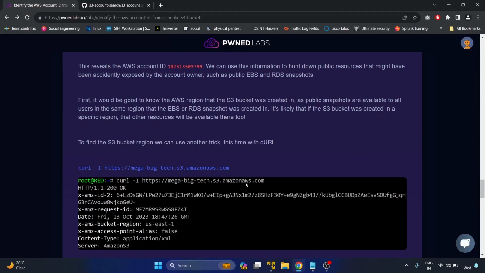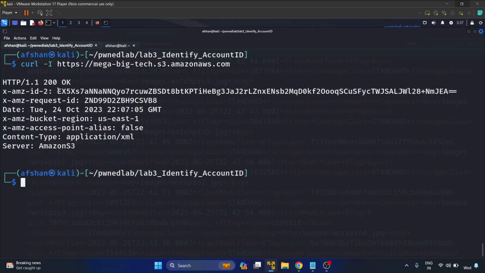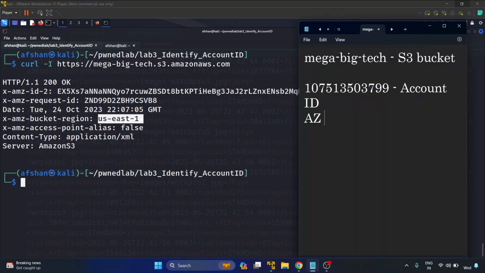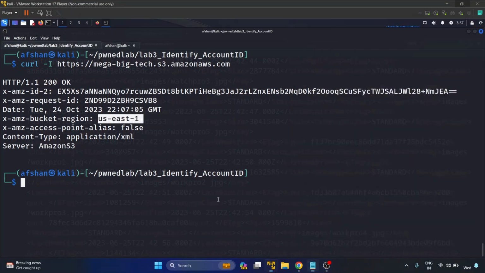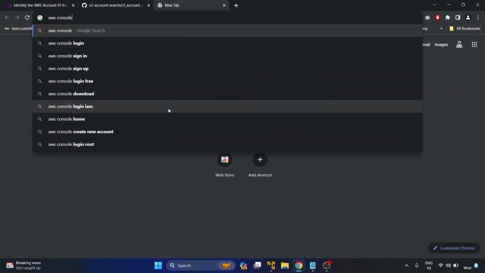Next up, okay, we have to fire this command. Let's hit enter. 200 is a success code, and the bucket region is US East 1. Okay, great. So let me copy that. US East 1. Great. Okay, now we have the account ID. So let's go to our AWS console